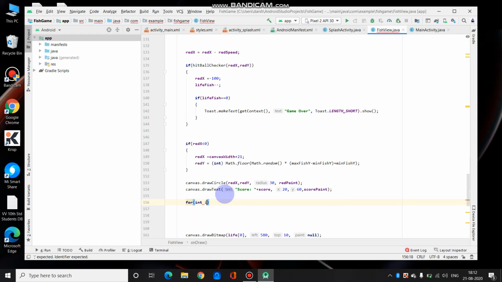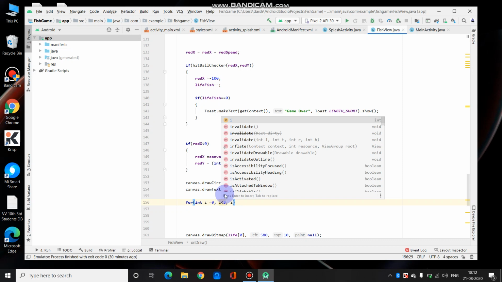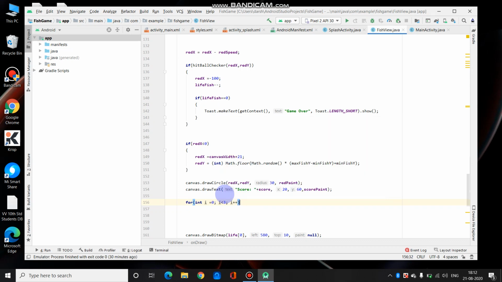We'll declare a variable i, initialize it to 0, and i less than 3, i plus plus. So this is a for loop. For i is equal to 0, i less than 3, i plus plus,